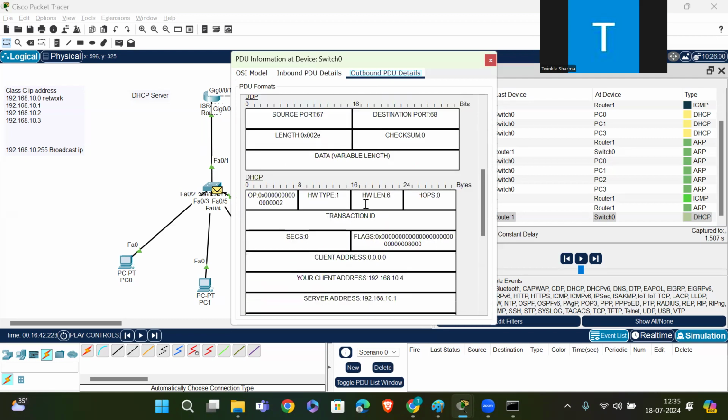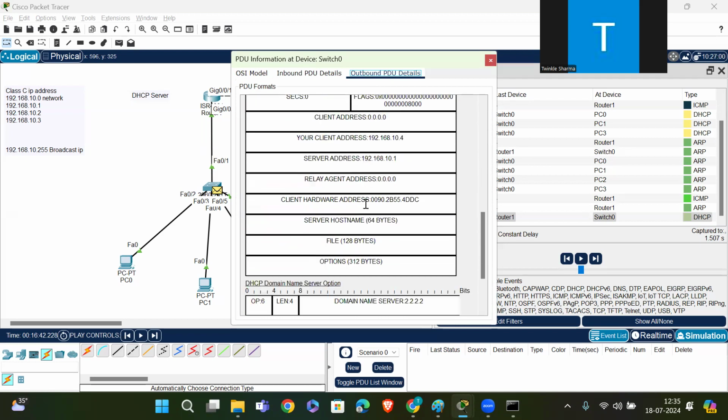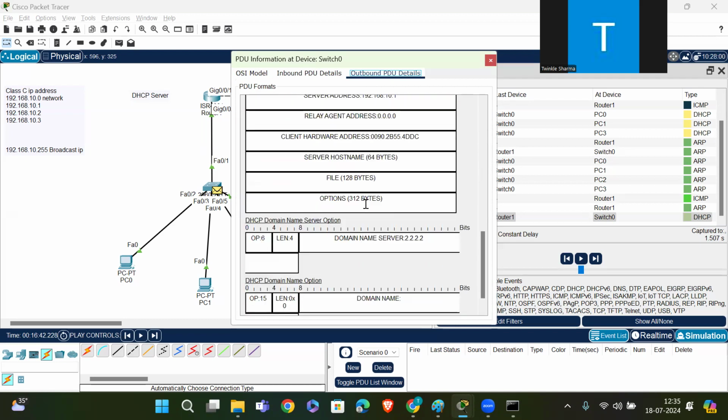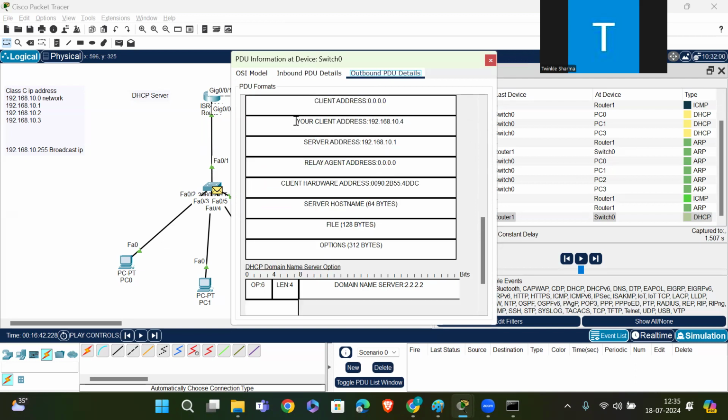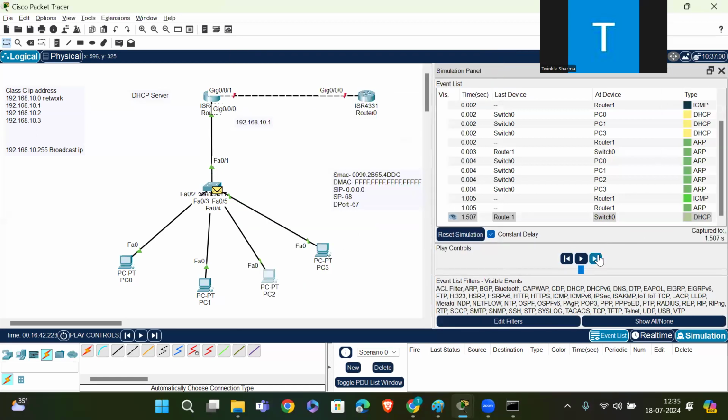Source IP is this. This is the client, and this is our destination MAC address, right? And here it is giving us the offer of this IP. It was already checked by sending the ARP message.